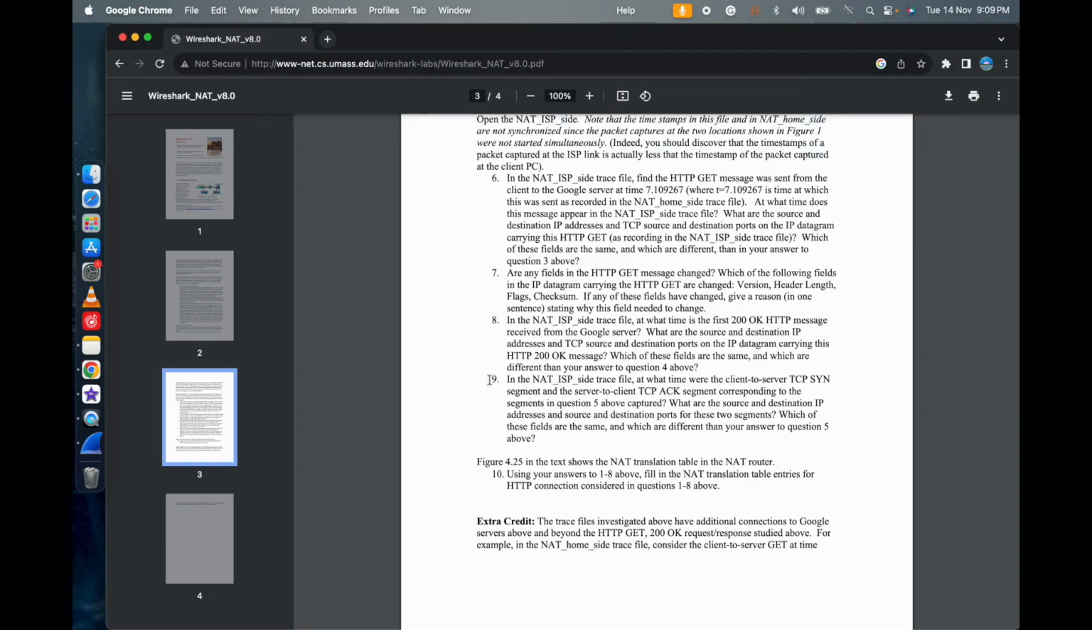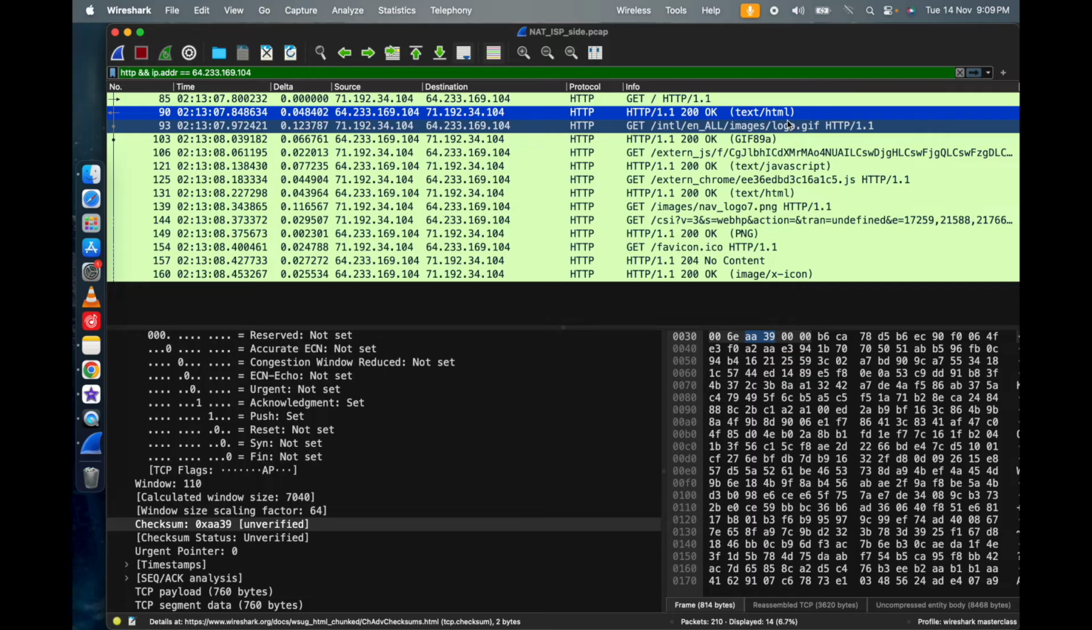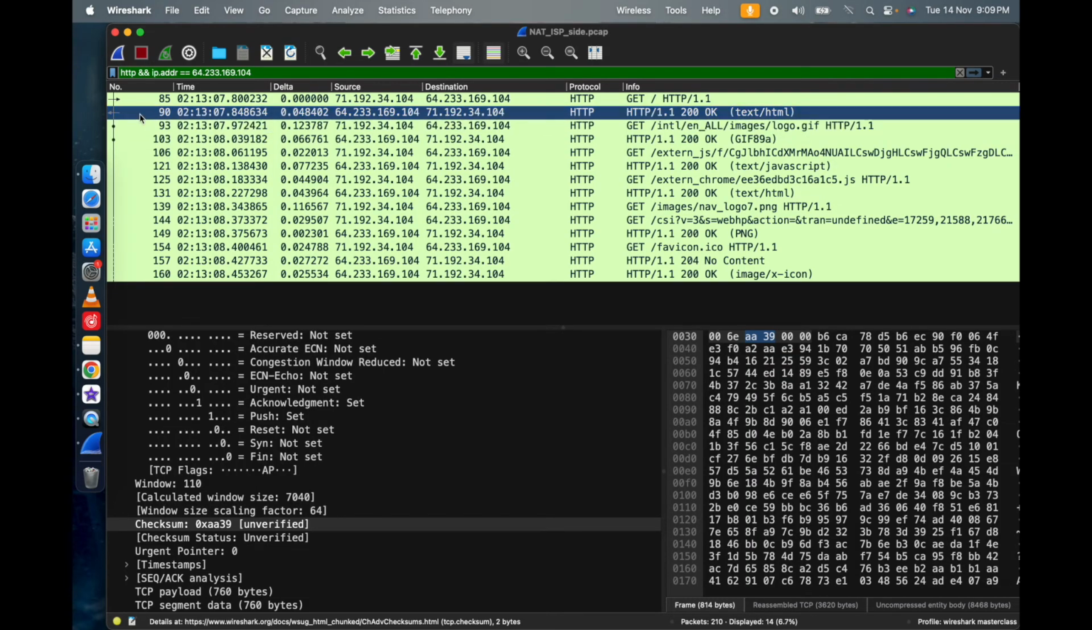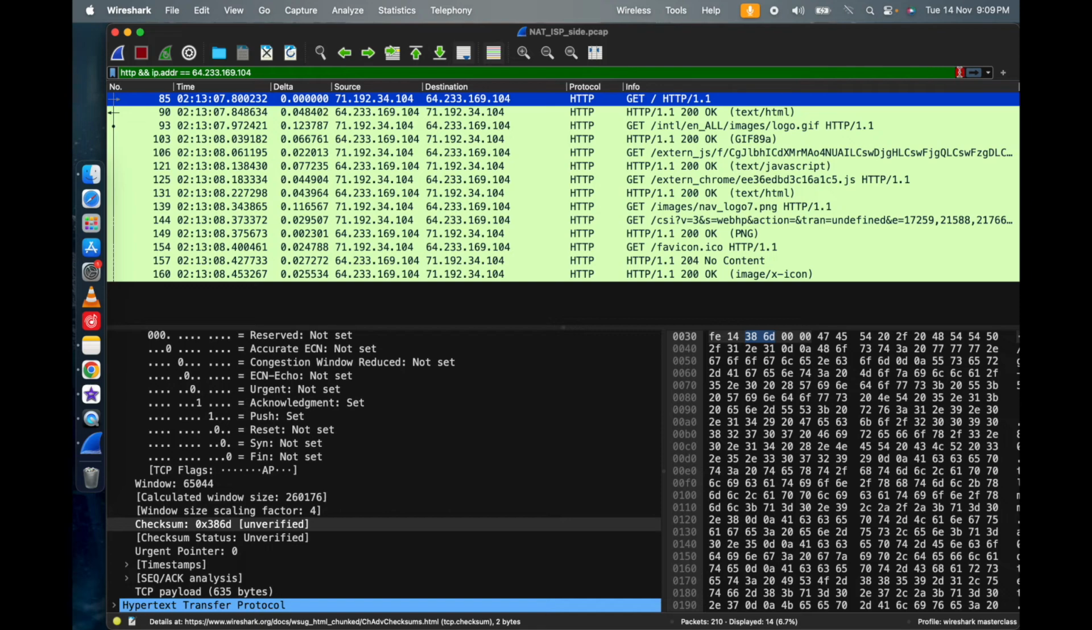So yeah, next question, ninth question. In the NAT ISP side trace file, at what time were the client to server TCP SYN segment and the server to client responding SYNACK segment in question 5 above? Okay, and what are the destination and the source of it? Okay, so over here, just remember the segment number of it, HTTP 85, right? So yeah,